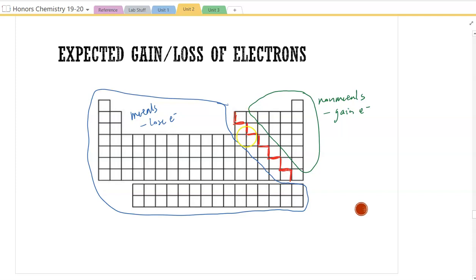Kind of in this sort of no man's land in between, I'll go ahead and talk about this. These are typically your metalloids, and with these elements, it's not really one way or the other. Sometimes they gain, sometimes they lose. It's not very obvious sometimes, so we're not going to make any conclusion about those. Thankfully, all the examples we really work with are going to come from the metal side or the non-metal side, so you can very easily predict if it's going to lose electrons or gain electrons,